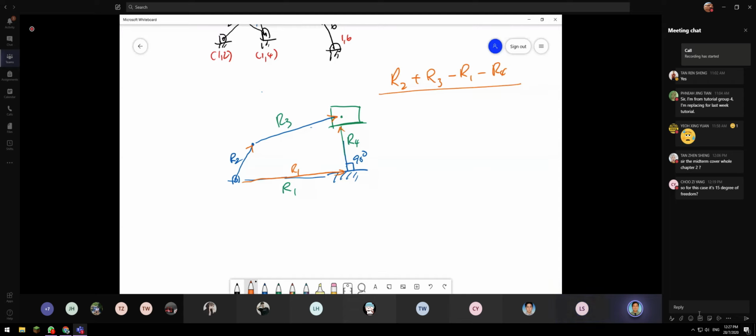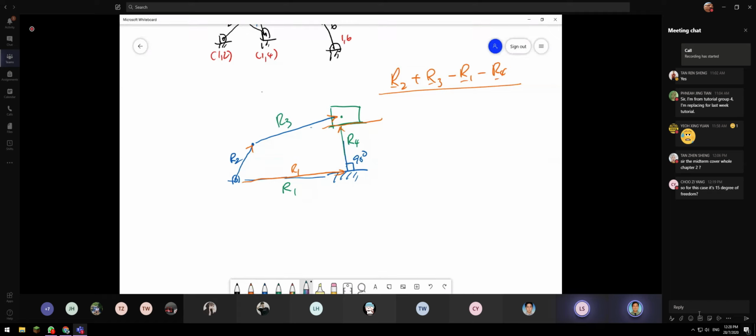Okay. Now the reason why I say this is there are many ways to look at this problem. All right. There are many ways to look at this problem. So your R4 actually